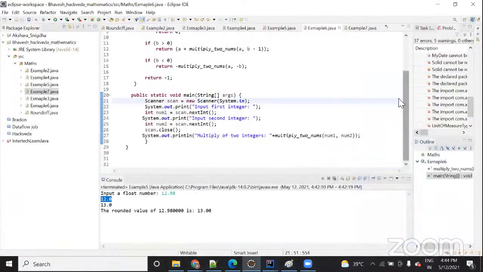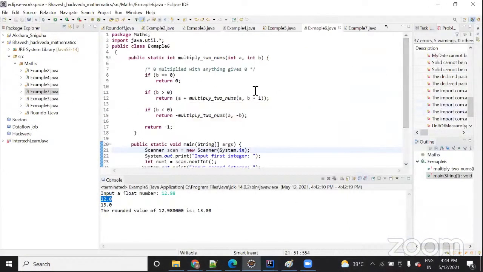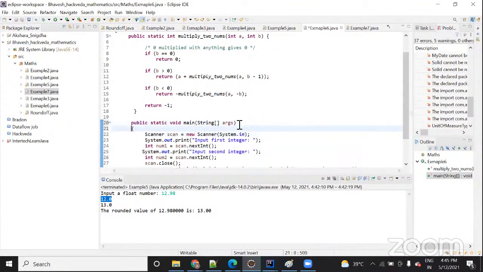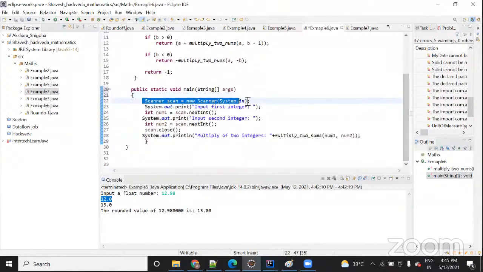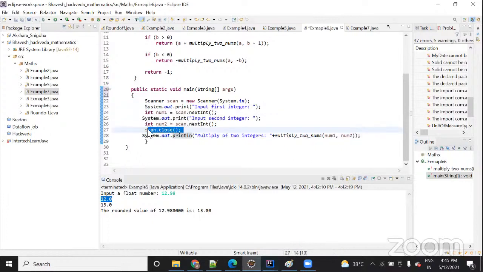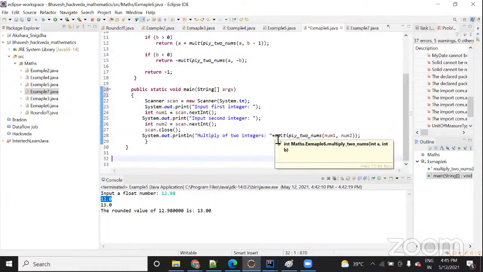Now here, the first thing is what? As you run the program, whenever you run the program, it will look for your main part, the main function, right? Is it correct? Yes. So as you come to the main part, what you find here is that you want to accept one input from a user. So here you are reading one input and the next input. Now you are going to close it. You don't want to read any more input and you are going to print it. When you are going to print it, you saw that there is a calling of a function. So it will call the function.